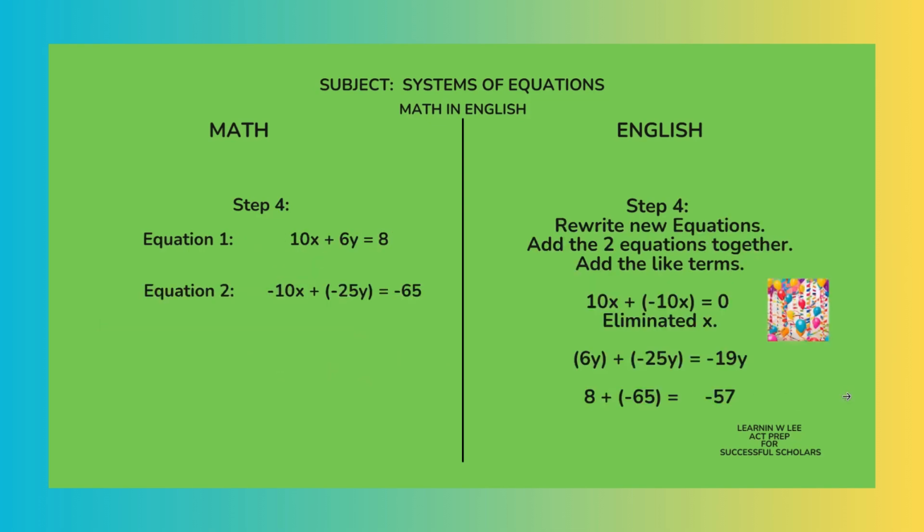All right, so now after we've distributed, we want to rewrite our new equations. And I got balloons on the page, so that's good news. That means we're getting close to our step of elimination. We have our 2 new equations. We're going to add these 2 equations together. Why are we adding these 2 equations together? Because we want to eliminate the x value. To combine those terms together after the work we've done before, our x value is able to be eliminated. This is great. We're so close. We've got 1 step left. We're so close to the end. Our new equation 1,